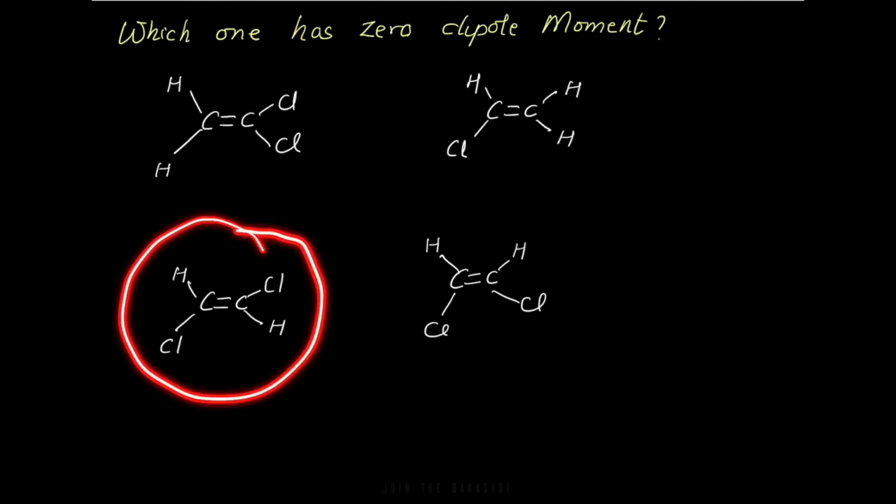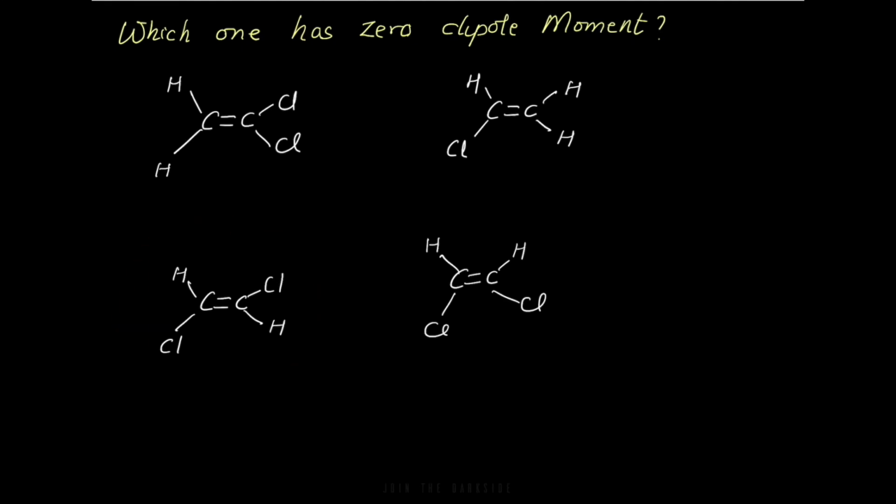Now let's go on to this one. Okay, so for this one, you have two groups which are in opposite direction. When you assign the priority, this is going to be heavy and this is going to be heavy, and they are in opposite direction, therefore this is going to be trans, and we know that the trans has got zero